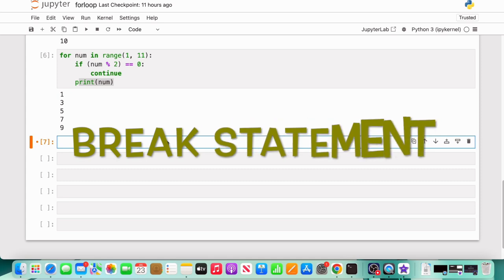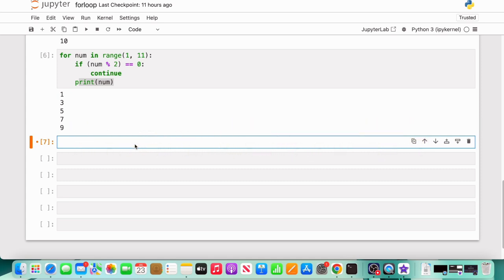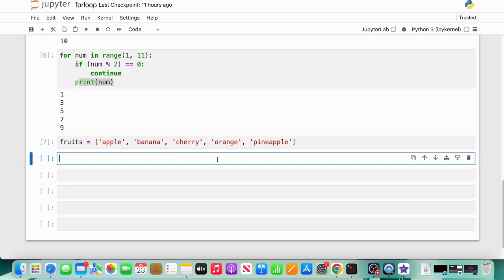So we have seen the continue statement. There is another very useful statement in for loop that is called break. Let me try to explain how you can use that. Say you have a list called fruits, where you have different fruits listed like apple, banana, cherry, orange and pineapple. Now you want to write a program to print each fruit name,